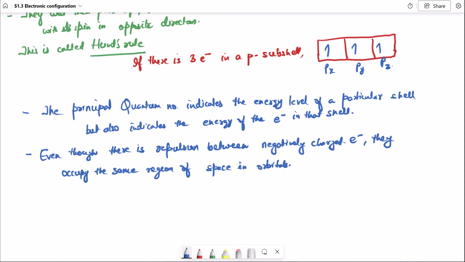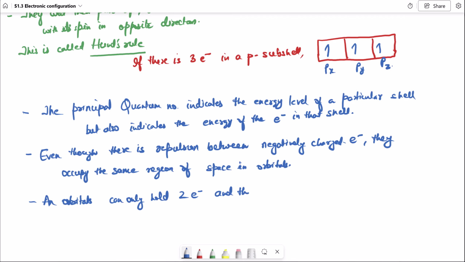Because of this clockwise and anti-clockwise orientation. So an orbital can hold only 2 electrons, right? Not more than that. So this is very important, that an orbital can only hold 2 electrons,